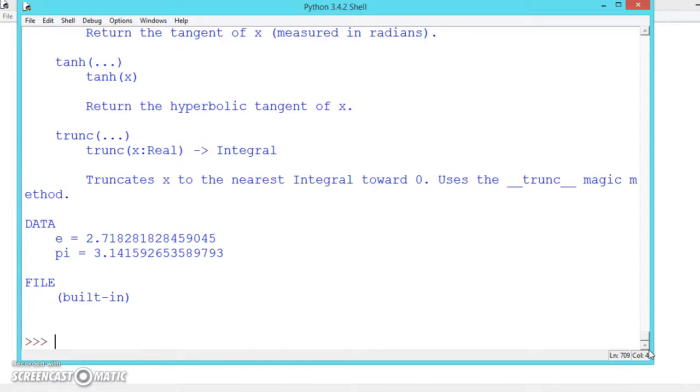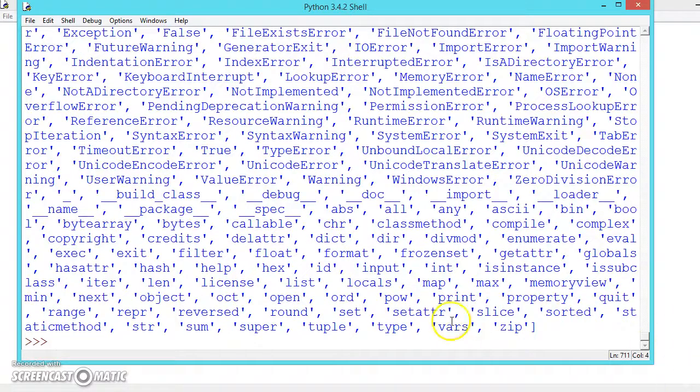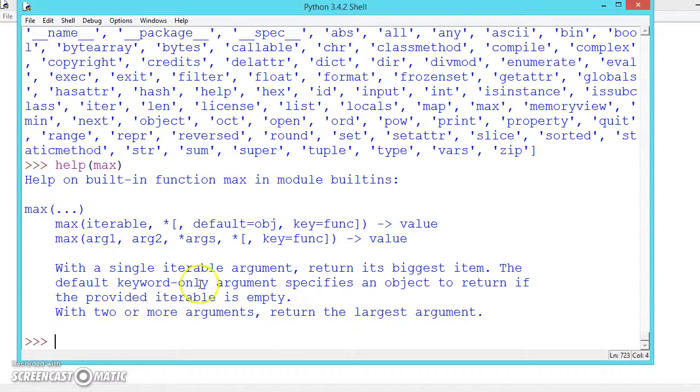To know what the functions are, you have to write dir, double underscore builtins double underscore. It will give all the available functions you can use. Now if you want help for a function, give the function, and it will give the help. So like this you can use the inbuilt functions and modules.